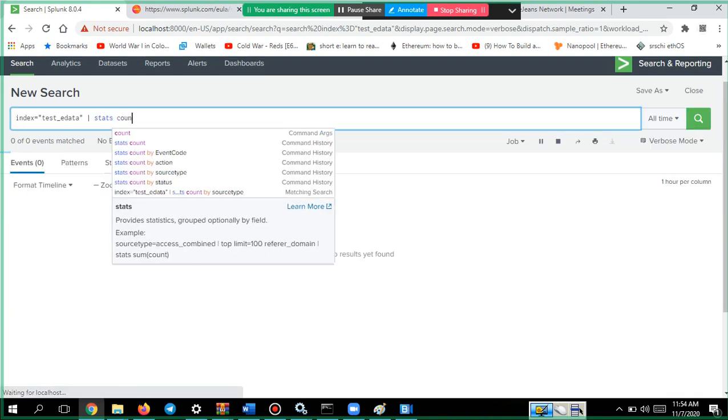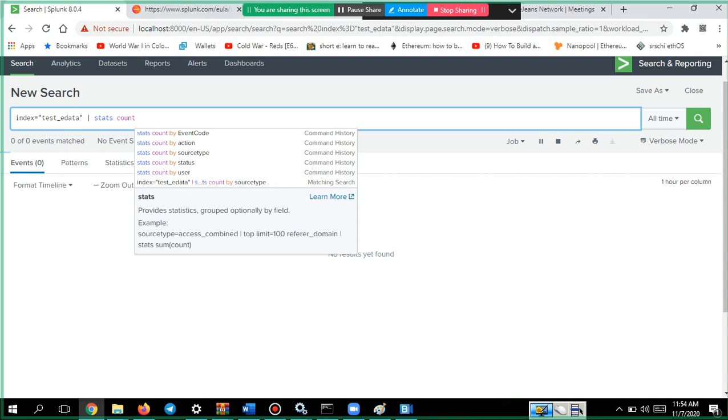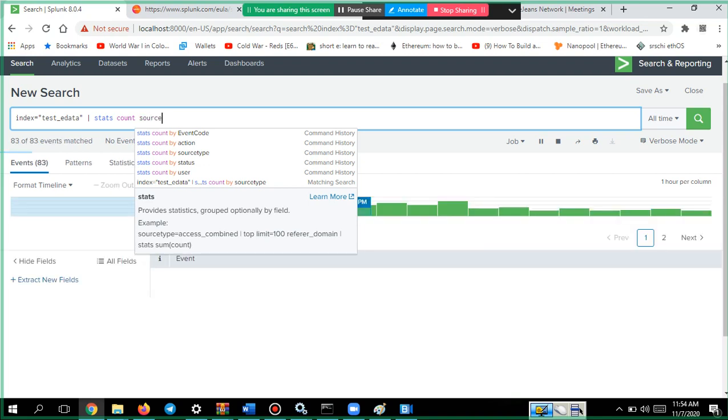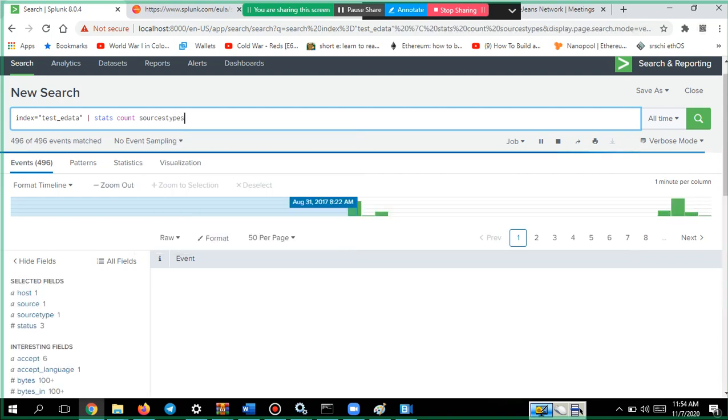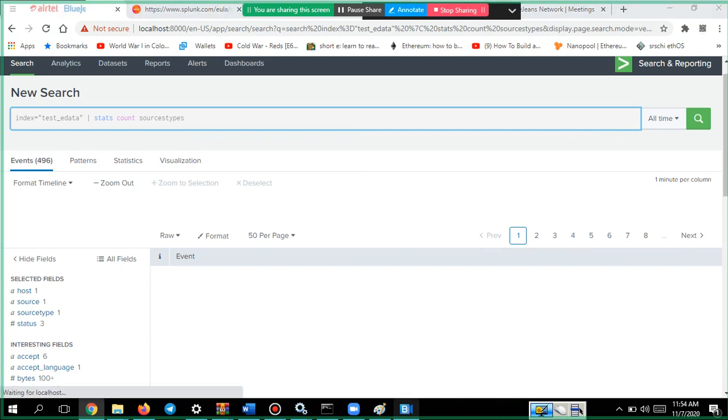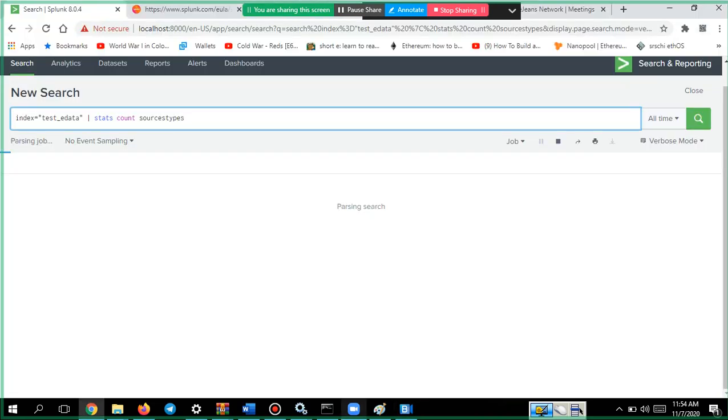Stats count, I'm just telling you, which are the different types of sources, from where all I'm collecting the logs into this particular index. Index means where all our log files are getting stored. That particular thing is source type.